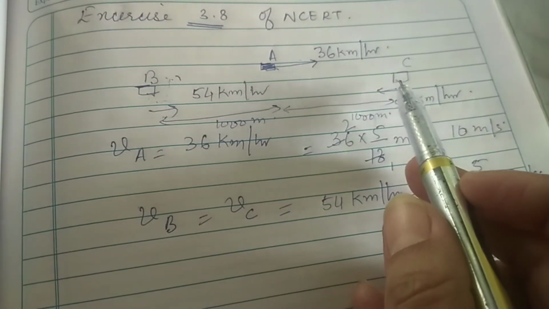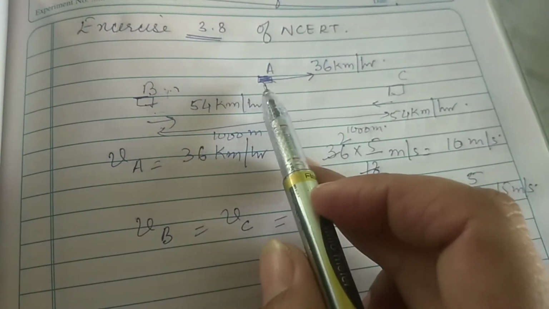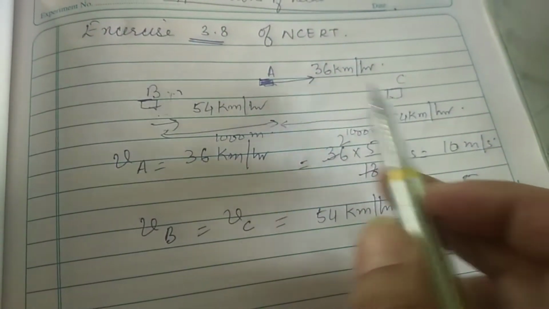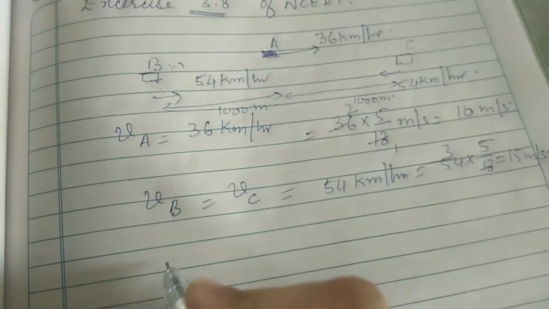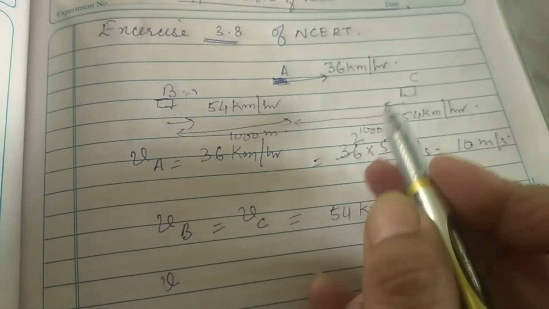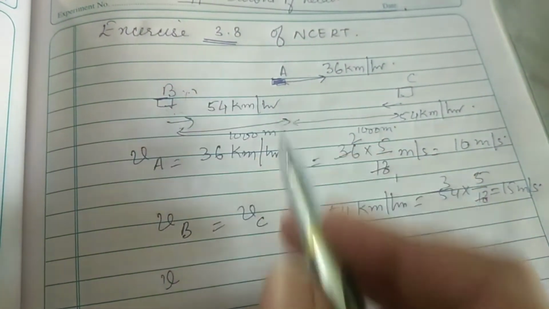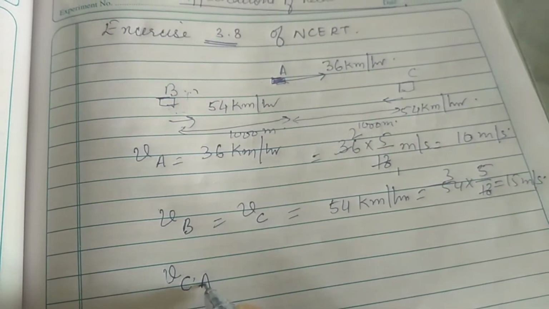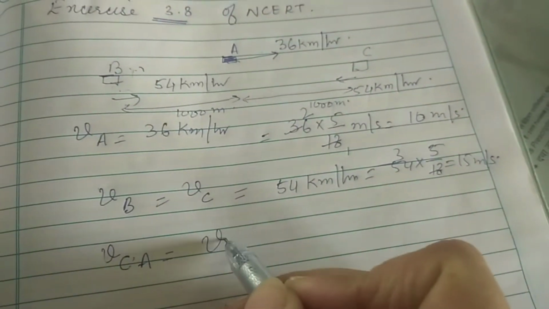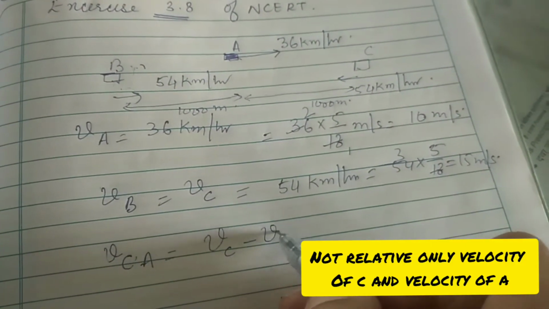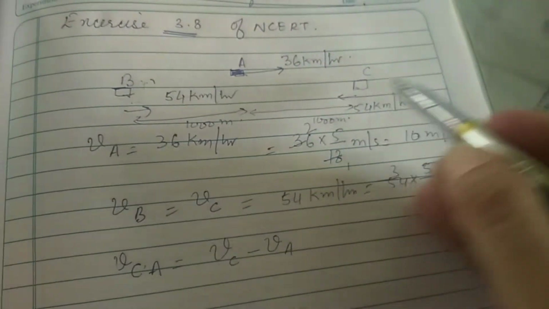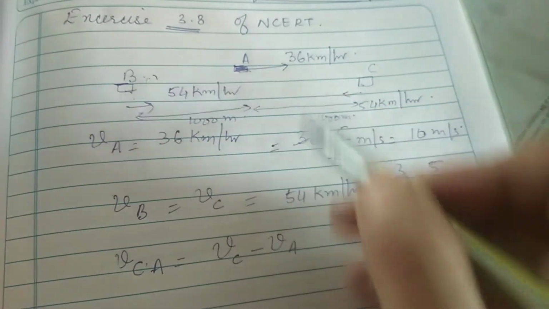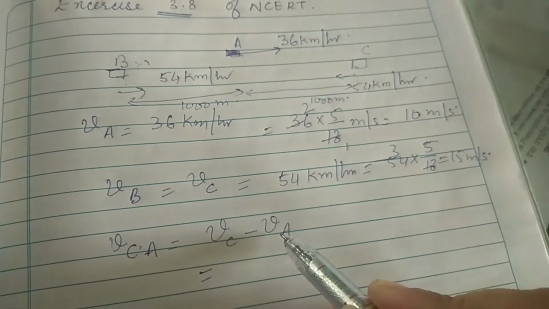Now here we will apply the concept of relative velocity, and I am going to consider this car to be at rest, and both of these cars are moving with the relative velocity. So let us find out first in how much time car C is going to overcross A. So I will find out the relative velocity of car C with respect to A, that is the relative velocity of C minus the relative velocity of A. Now car C is moving in this direction and car A is moving in this direction. So I am interested in magnitude only.